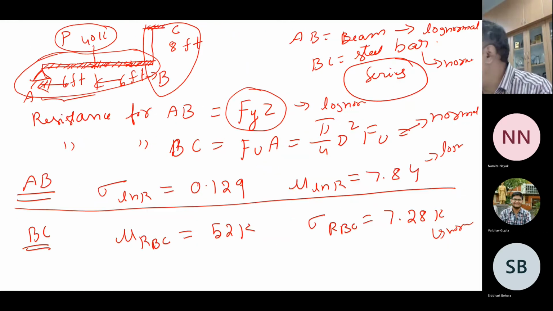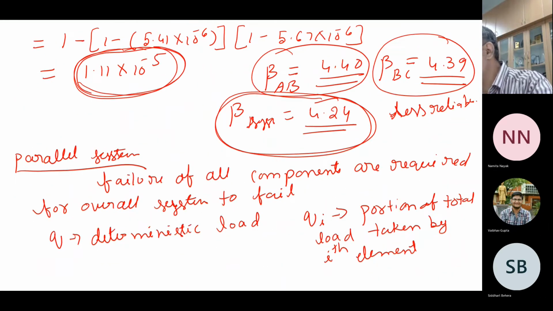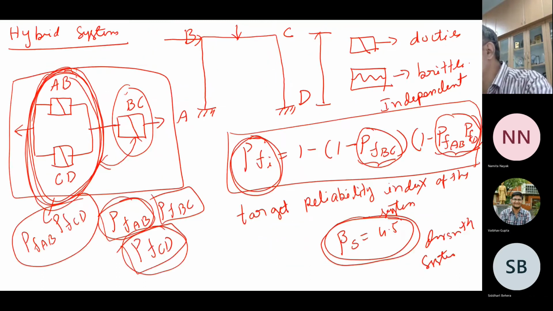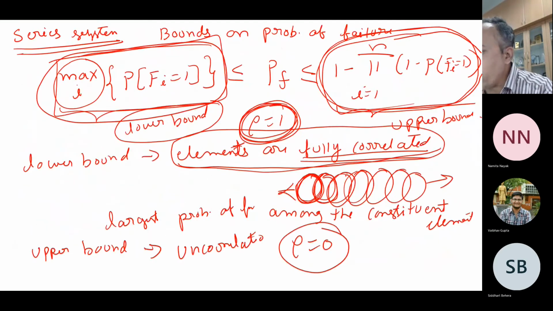You have to make the beams AB and BC highly correlated. That is the only way. So that is the bound basically. You followed? That is the only way you can try to do. Okay, so this is the important thing to know, the bounds basically: how much you can decrease, and what the upper bound and higher bound should be, you can make it actual.